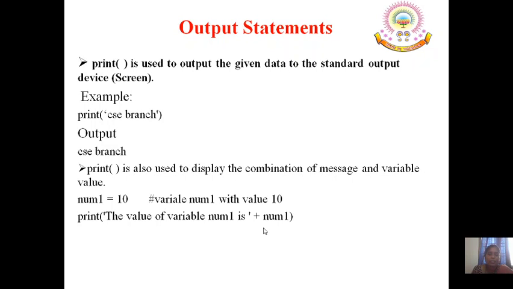But in Python, instead of comma we are using plus. In C language we were using double quotation for this particular statement, but in Python we can use single quotation or double quotation or triple quotation, and there is no semicolon in Python. So now this will display the output as: value of variable num1 is 10.